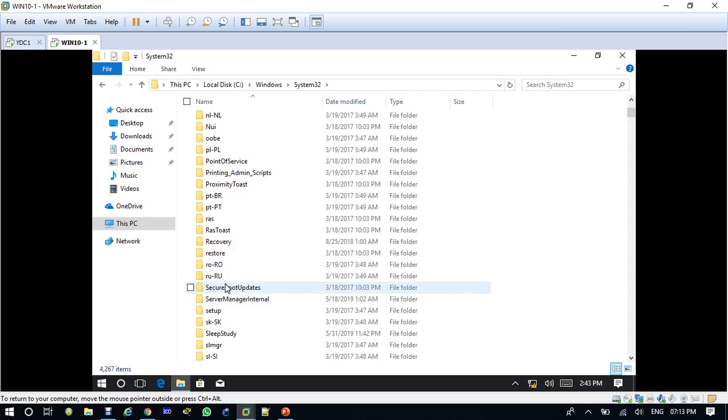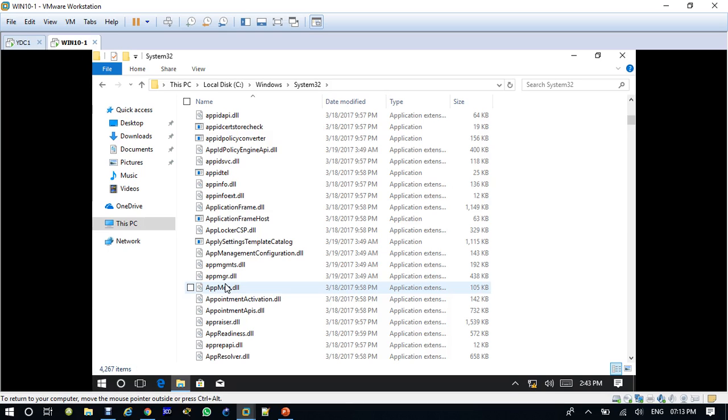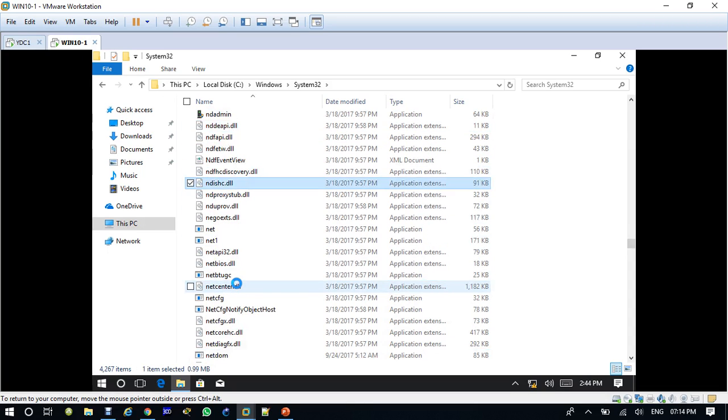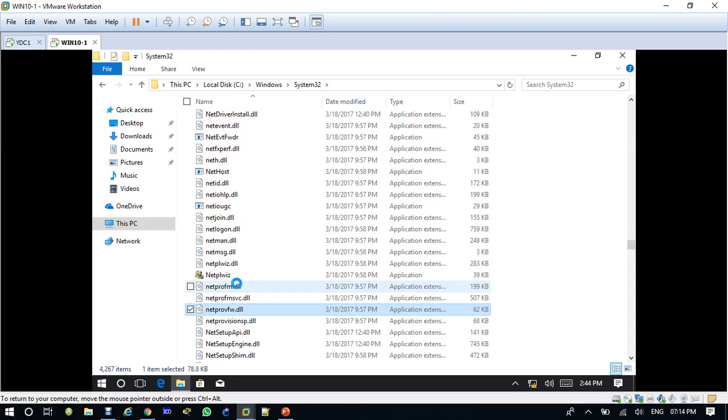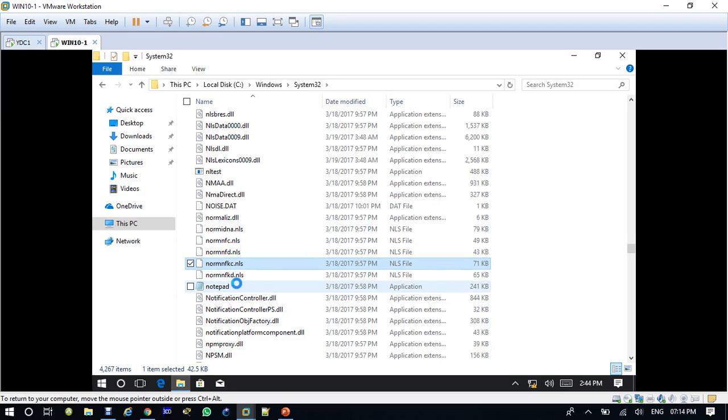See, here we can find the exe file of Notepad. See this Notepad.